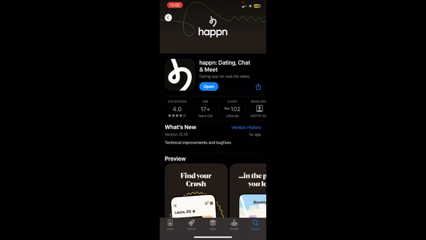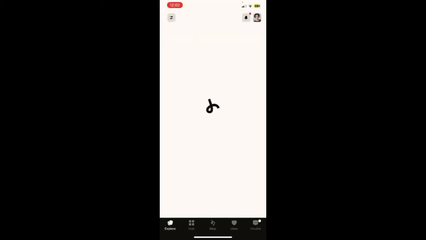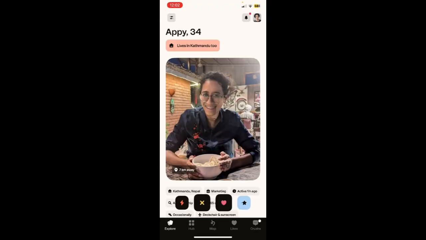First things first, I assume that you have already downloaded the Happn app, and once you open it, make sure you have already logged in as well. And right after that you will be able to see the interface or dashboard of the Happn app on the screen, where you can see the likes option just down below of this dashboard, which is distinguishable by a heart icon. Just tap on that heart icon or likes option, and now you will be redirected to the